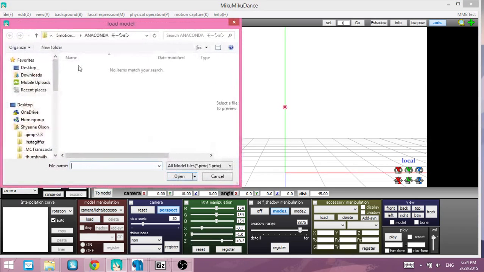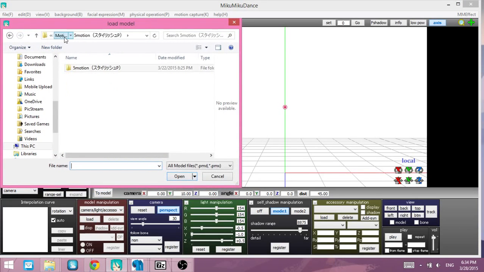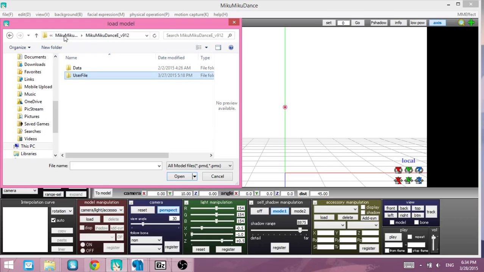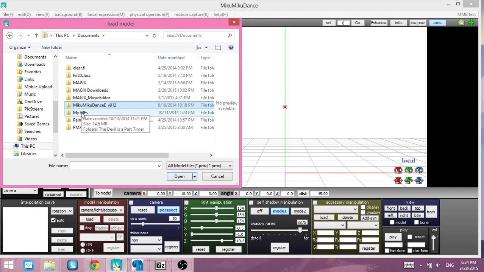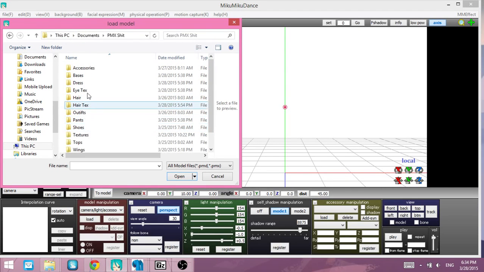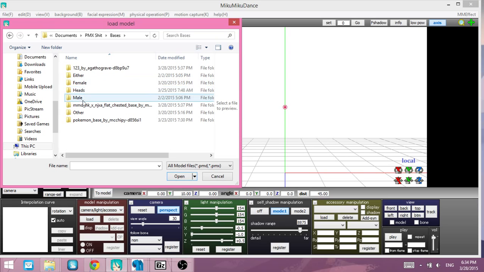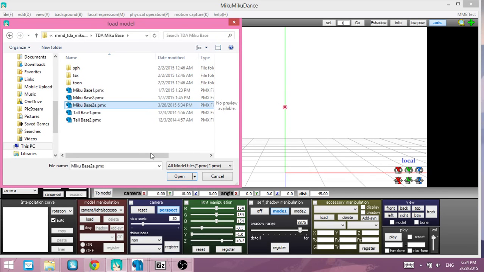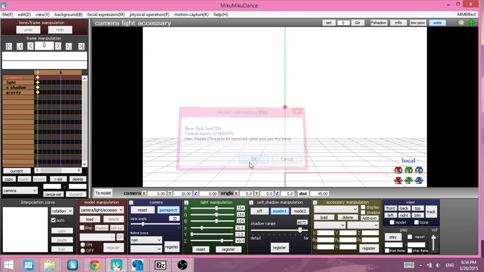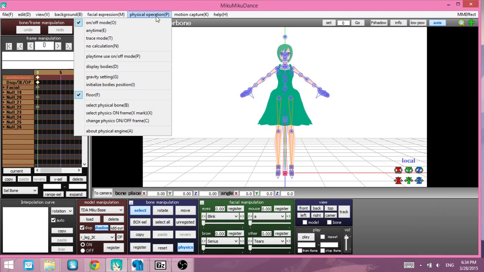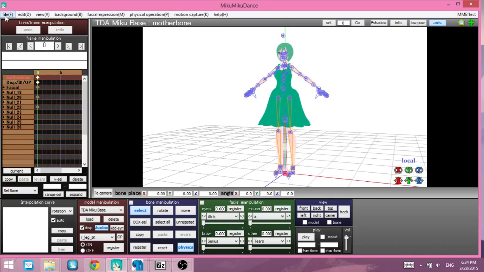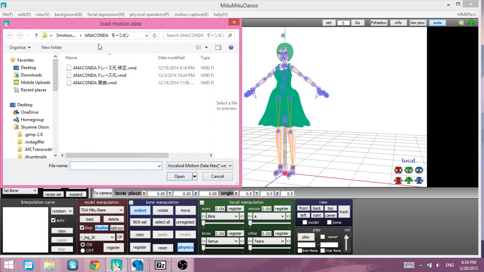So I'm going to load a model. I'm going to load this model, which is in my PM. Okay, it's going to take a little while to go. To load this model, I'd be going over here, which is female TDA Miku, base 2A. Open it up, turn on physics, make sure physics is working, add a motion to make sure she doesn't glitch anywhere,